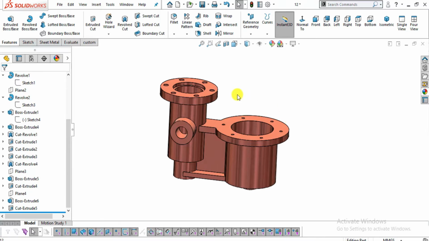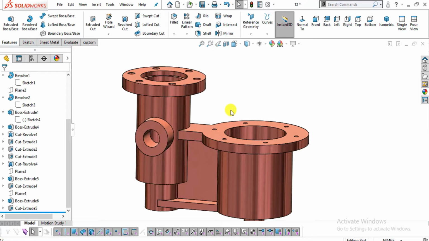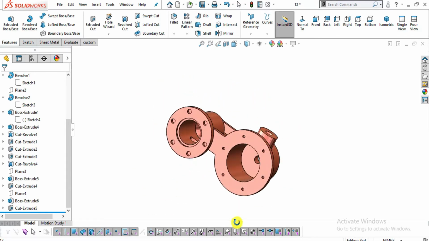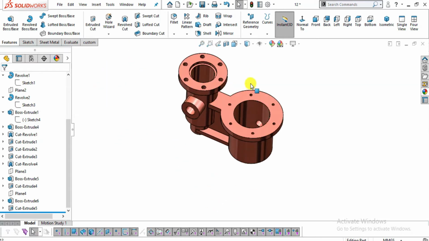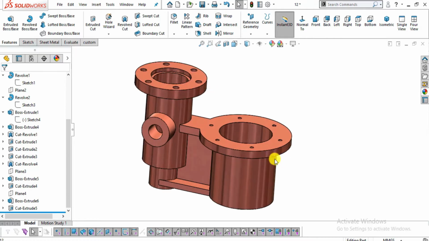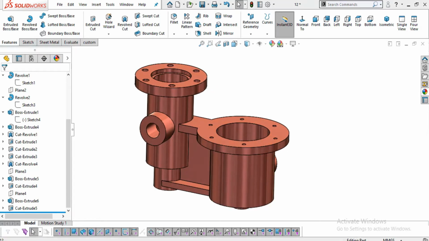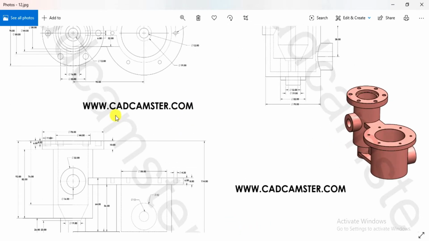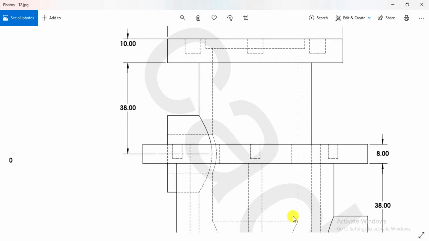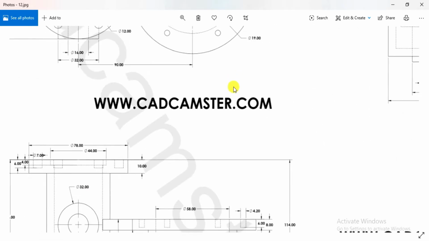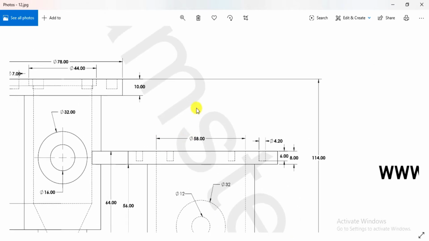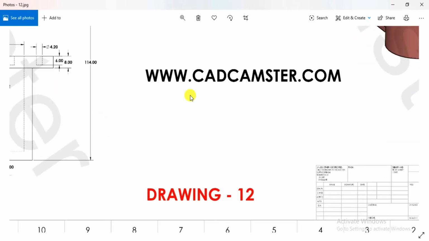Today we will design this part exercise. This is another series of our part exercise tutorial, and this is an advanced level of part exercise which we will draw in this tutorial. Now I'm going to design this, and I am going to use this 2D drawing in order to design this part. It contains all the dimensions which are required to design this part. This is an advanced level of exercise, so make sure you watch this video from start to end so that you can easily understand how to design this part in a very simple approach.